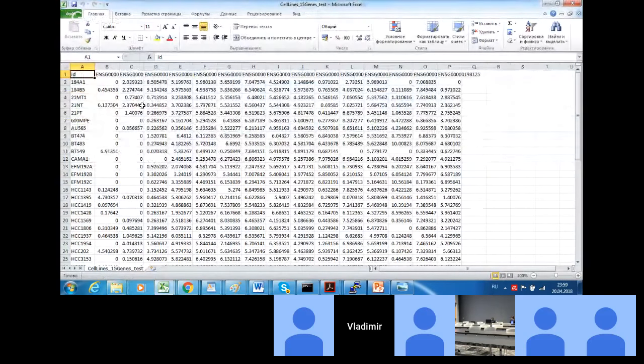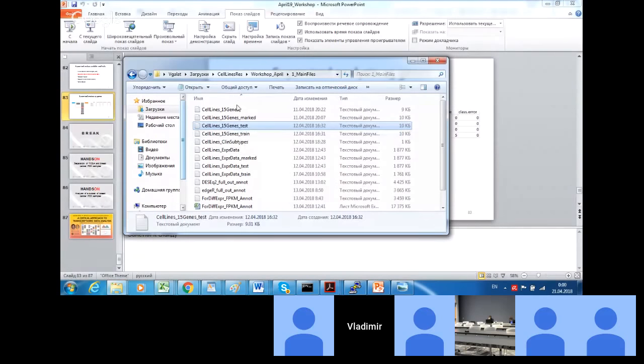In this case, you see in these files that the data stored is just identical, but definitely it's not normal for a real situation when we use a set for learning and then want to use the same set for testing. We want to apply our classifiers to novel samples. So, to make the situation more realistic,